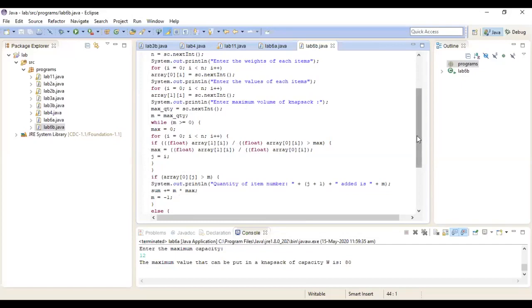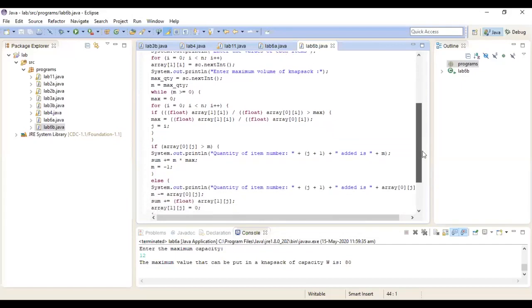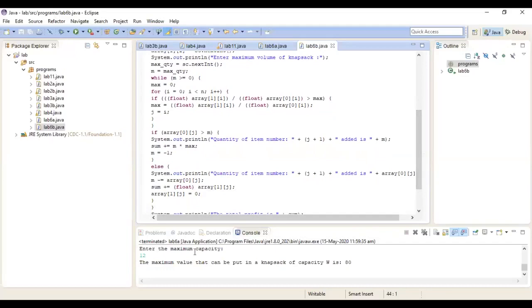And finally, I am trying to implement the last part, whether I have to add or not add. So quantity of the item that is added is what I am printing. If it is greater than M, I have to stop there.